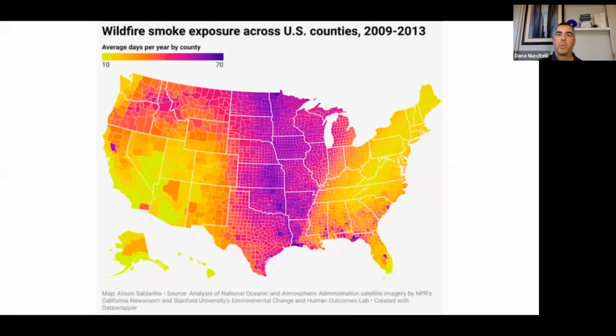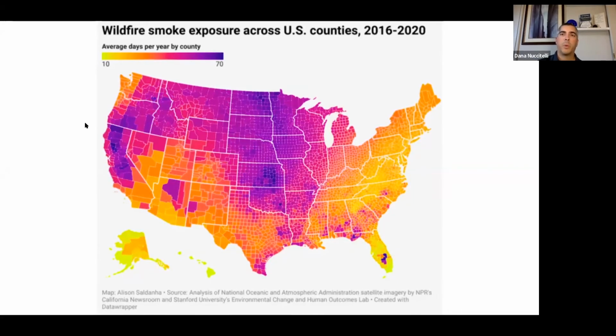And then when we have these wildfires going through forests, that creates the problem of wildfire smoke. So this is a really cool map showing the number of days that each county in the US was exposed to wildfire smoke. This first map is from a relatively mild set of wildfire seasons from 2009 to 2013. So you can see in the Northwest, you're looking at mostly this orangish color. So, maybe 20 to 30 days of the year where they were exposed to wildfire smoke. But then if you look at a recent 5-year period when we had really bad wildfire seasons, you can see now we've got lots of purple. You're looking at 50 to 60 days, so close to 2 months of the year when these counties were exposed to wildfire smoke,